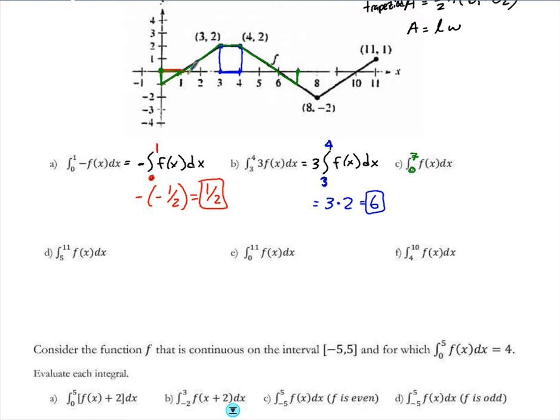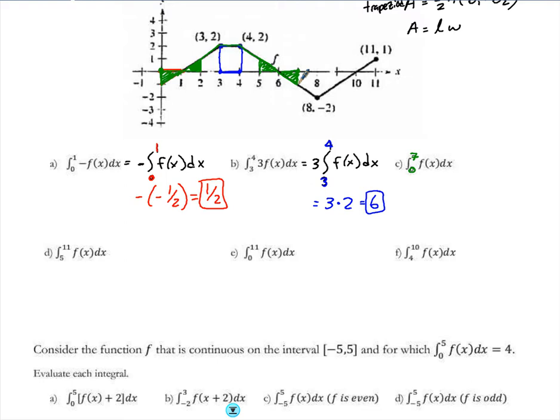Don't these two triangles, since they have the same area and one's above or below the x-axis, they're actually going to cancel each other out. This area is negative and this area is positive, and when I add those together, they're going to add up to 0. The same would be true over here. This triangle is going to have the same area as this triangle. So once I get rid of that, what's left over is this funky little shape right here,